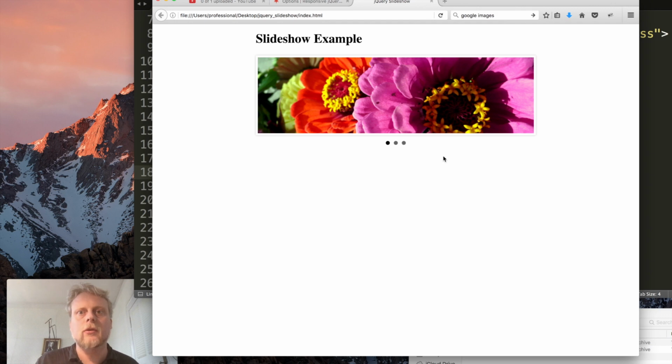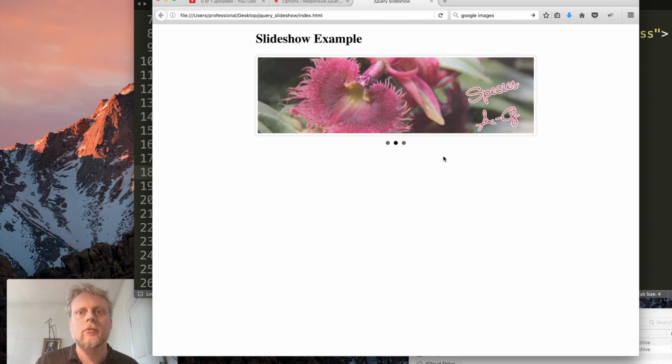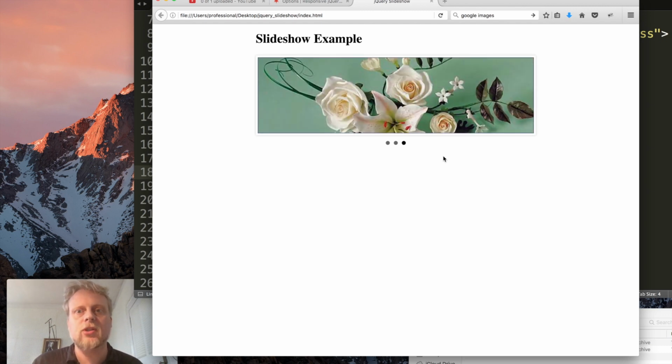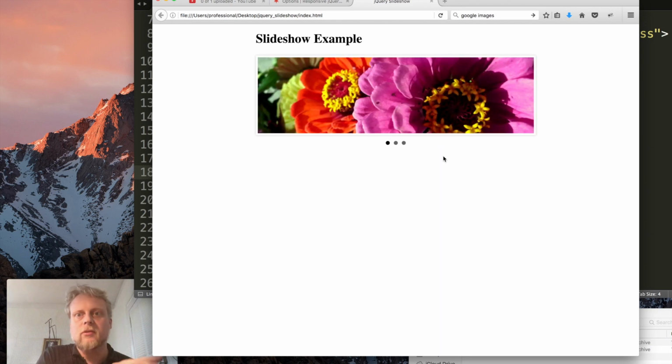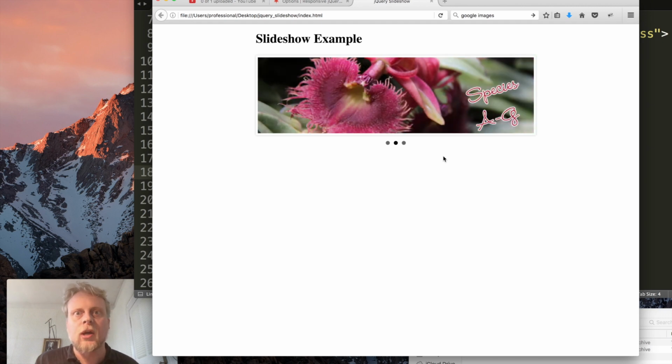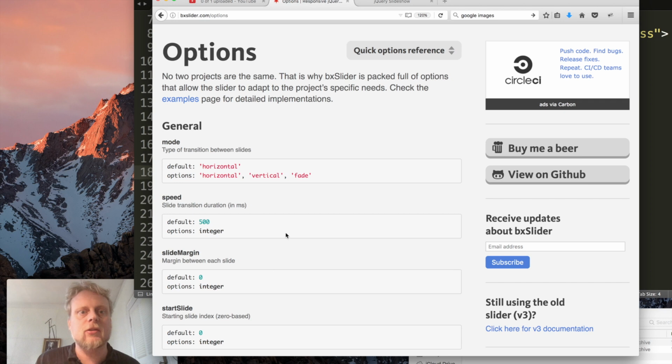Okay, so I'm just waiting here. And as you can see, it's automatically going between each image here, and instead of sliding back and forth, it's fading into each image. Now, there are other things I can do, and there are many things I can do with this